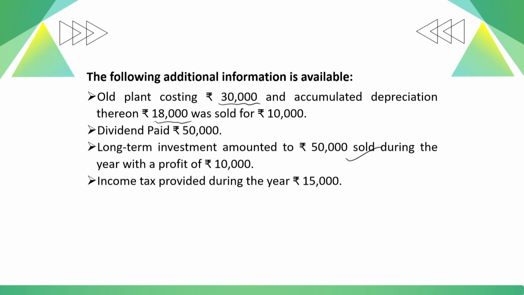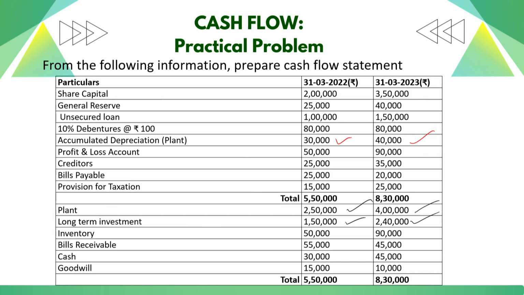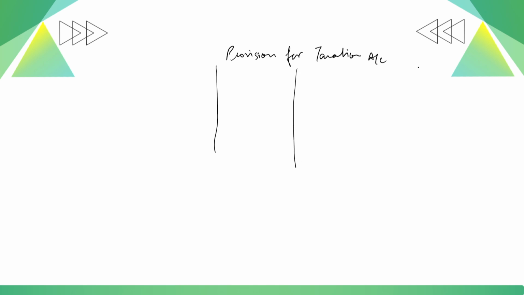Moving to the next adjustment given in the question, which is regarding the income tax provided during the year, 15,000. As you have already discussed this concept in the last lecture, we will be preparing the provision for taxation account. This amount is also given in the provision for taxation account on the liability side of the balance sheet. Opening 15,000 and closing is 25,000. So we will be preparing this by balance brought down